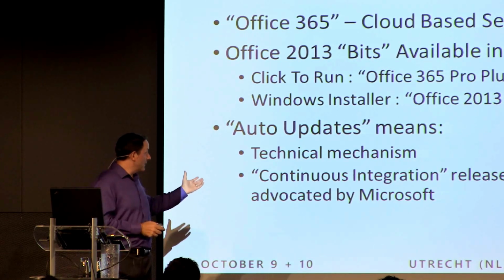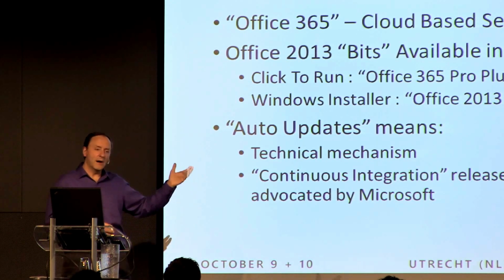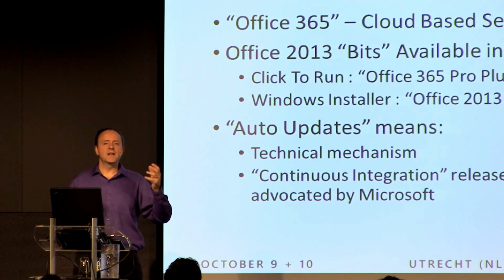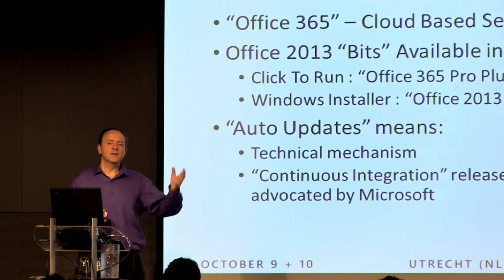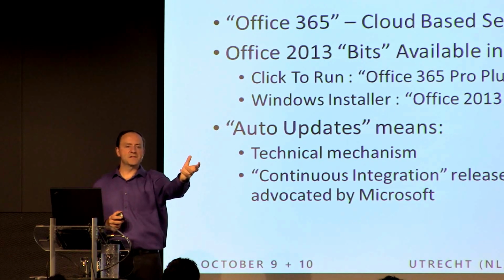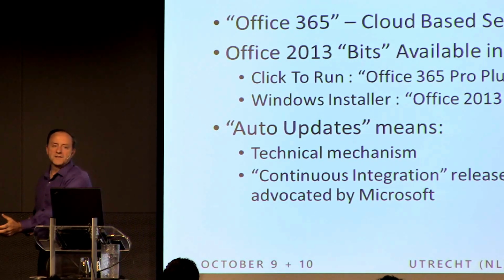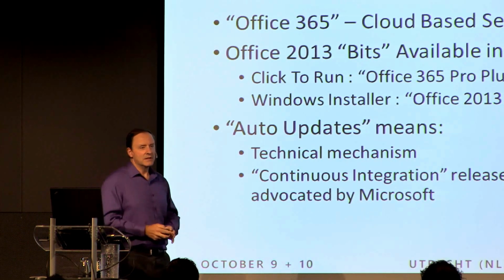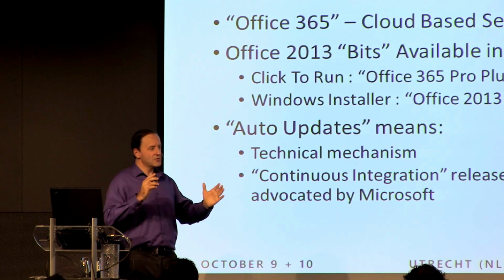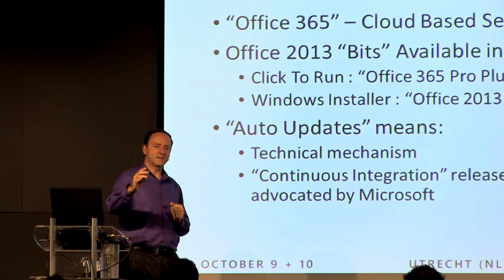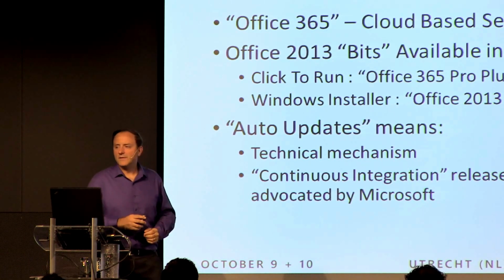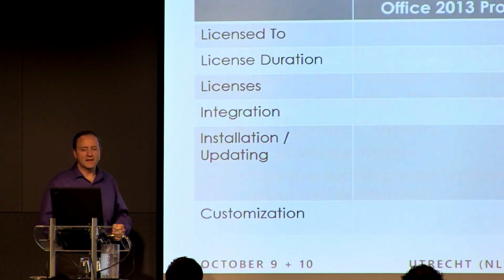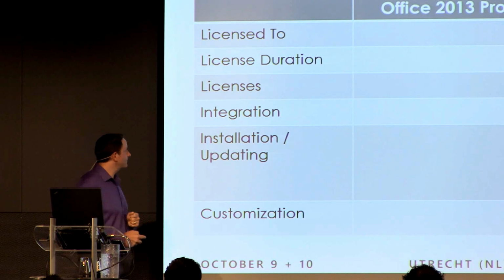The other thing that is implied by using the term auto updates within the context of Office 365 Click to Run is kind of a continuous integration mode. Microsoft publishes this month's bits, they flow right into your organization, right to your desktops. And that's more of a change in methodology. So we want to keep that in mind, that I'll try to be distinctive when I'm referring to the technical mechanism versus the actual continuous integration methodology. That term kind of means both at the same time.